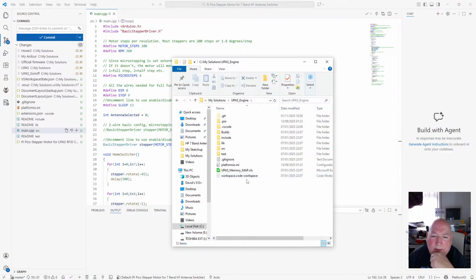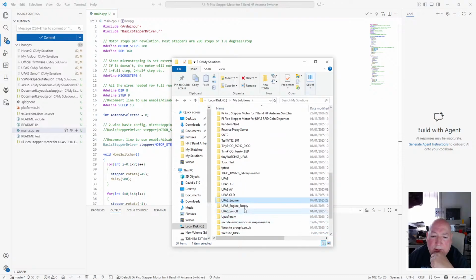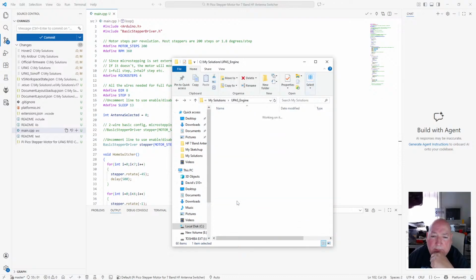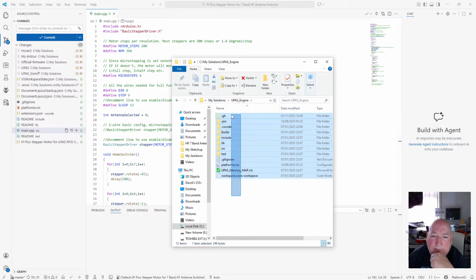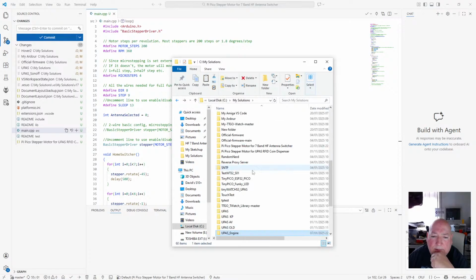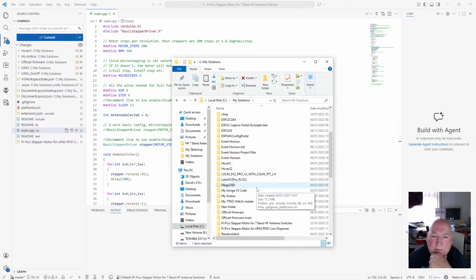Yeah, that's the code for it, so I'm going to have to copy all that. Mike 7 Hotel Kilo November, listening for any calls. And put it into